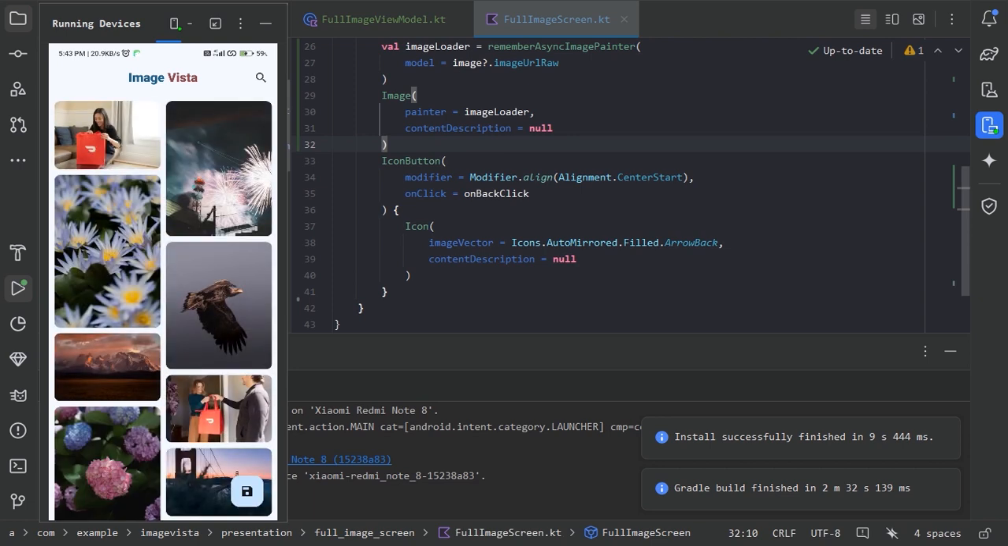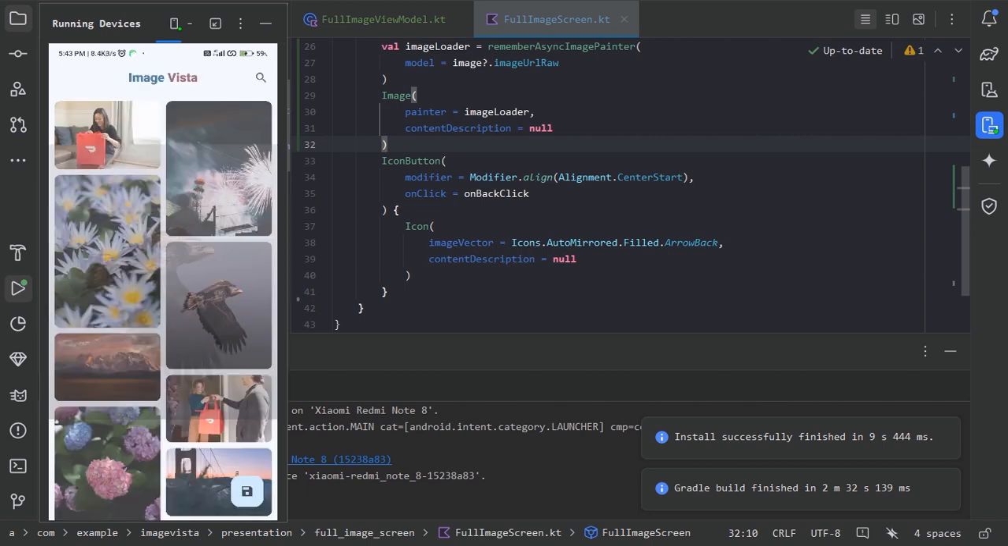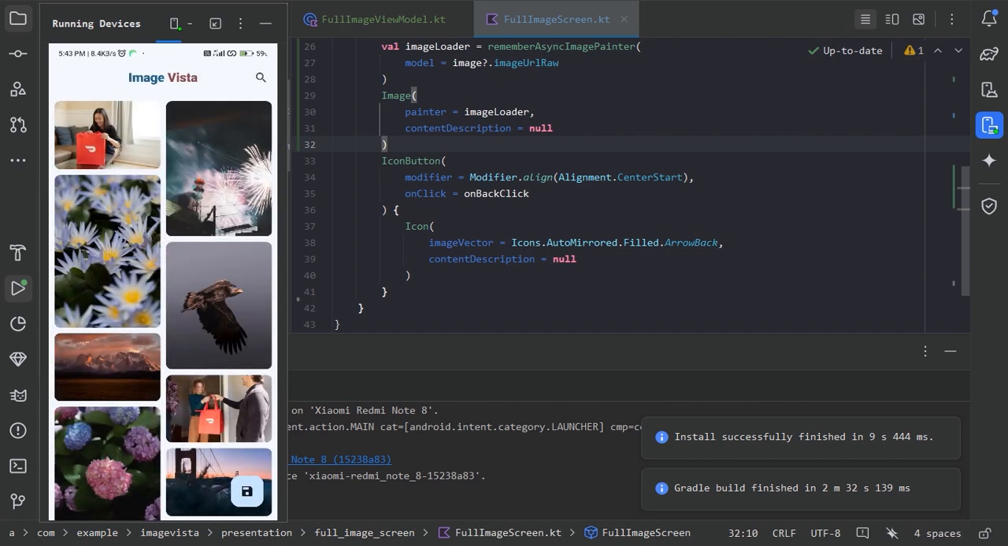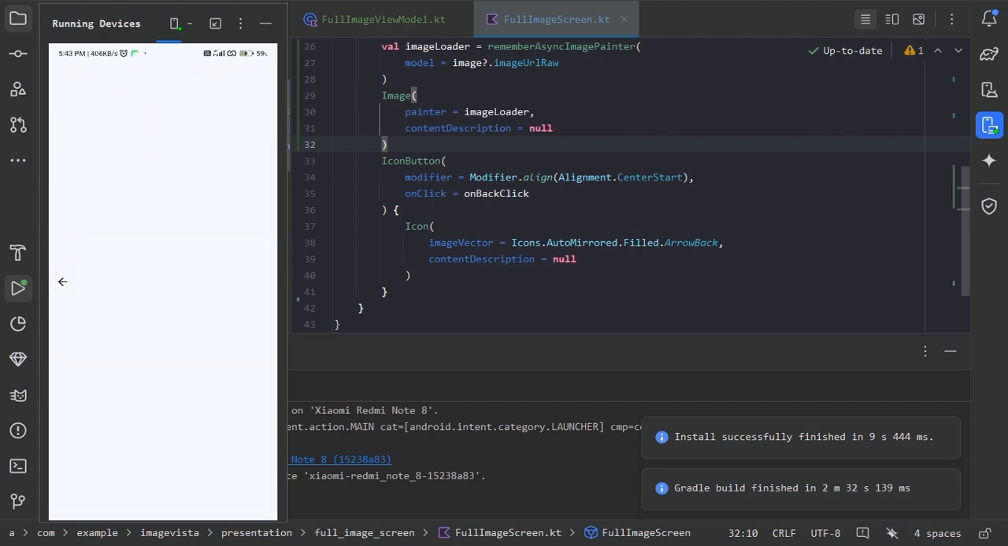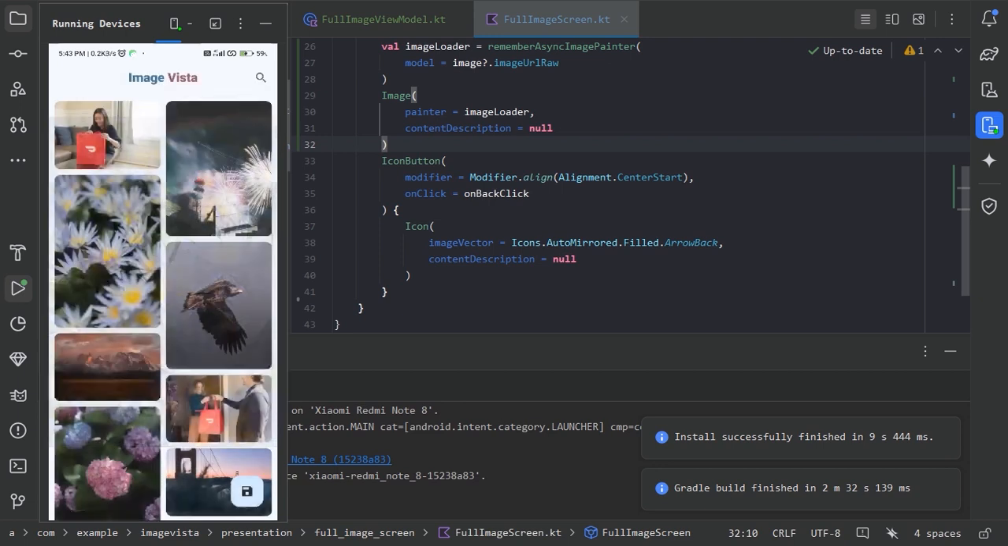Now let's click on this image. So here we have our image. Now press back button, and this time this image. So now we have this image. Now next we are going to provide two functionalities that we can see when we click on any of this